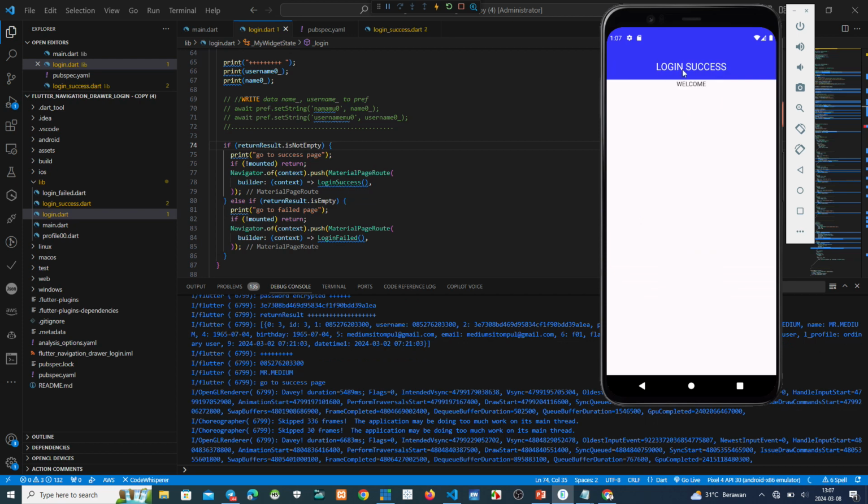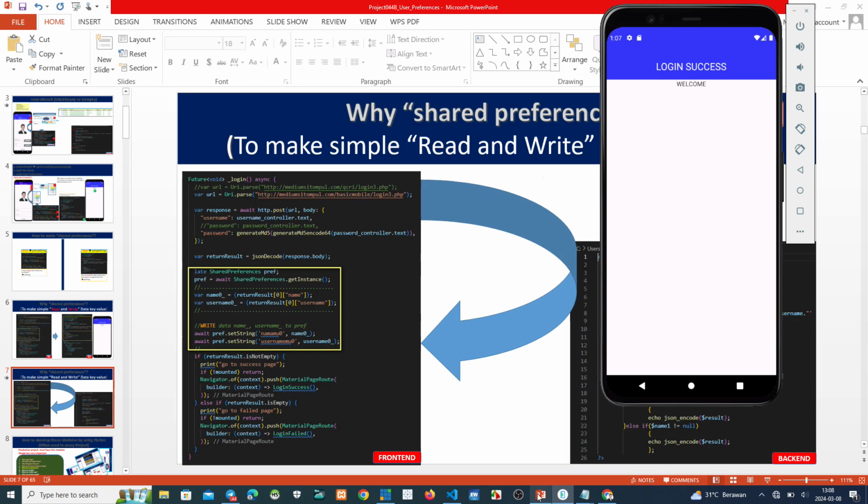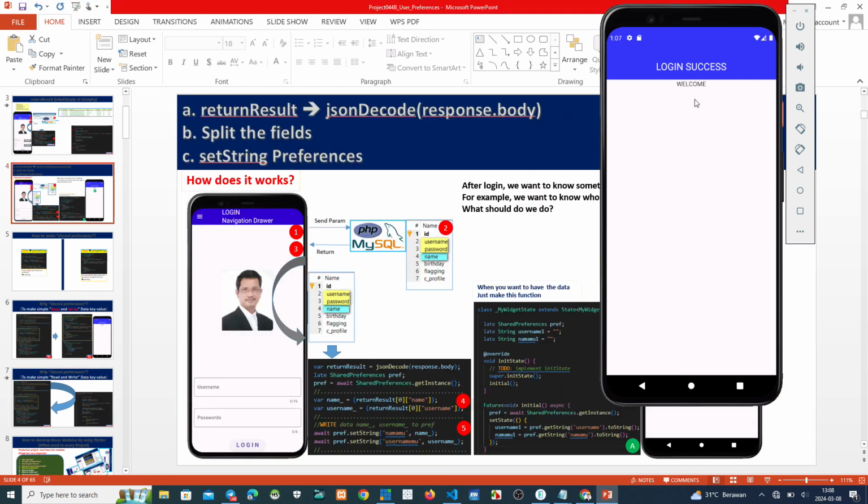Okay, login success, welcome. We have success, go to the next page, login success. We have the name here. Welcome, for example, Mr. Medium.